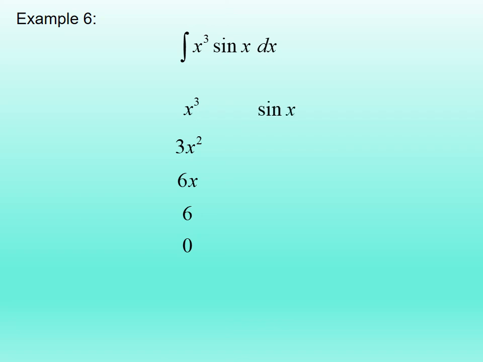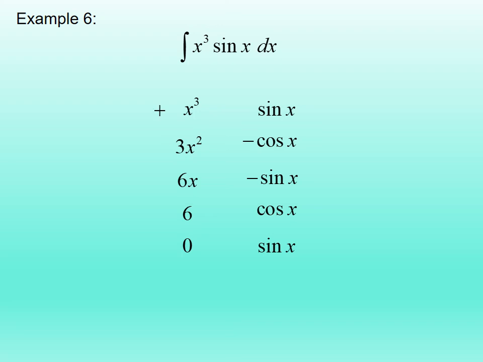On the right side, we take sine x and we integrate this one continuously. The integral of sine x is minus cos x. Again, find the integral of minus cos x. It is minus sine x. Again, find the integral of minus sine x. It is cosine of x, because the derivative of cos x is minus sine x. Proceed to find the integral of cos x, which is sine x. Good. This loop doesn't stop. It continues indefinitely, but as we did earlier, we will stop the integration when we level up with 0 on